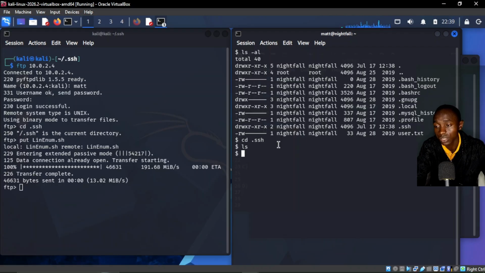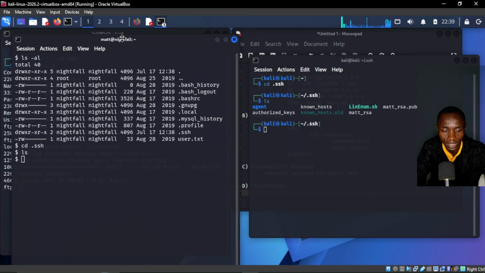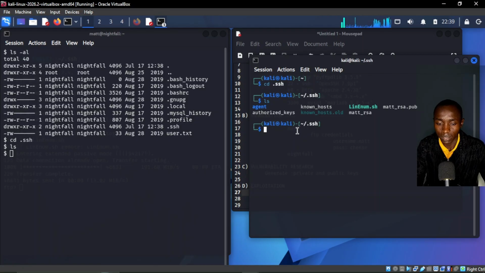So inside this SSH folder, I will create the file we created previously in the maths folder. I will create a file called authorized_keys here also. So right now we are in the Nightfall account. Now I need to generate another set of keys for the Nightfall user. So I'll say ssh-keygen